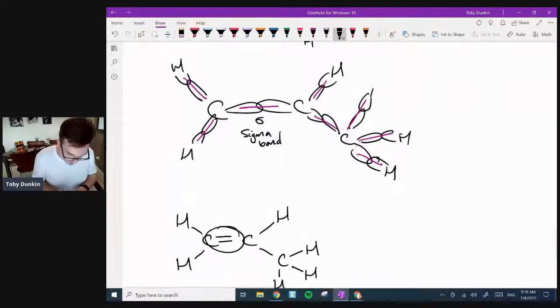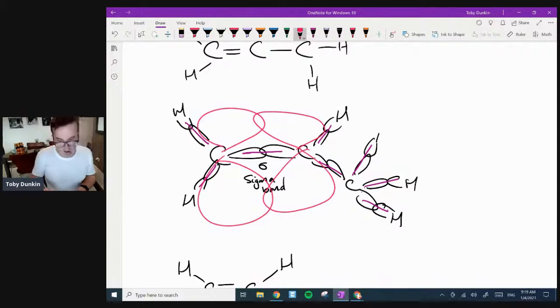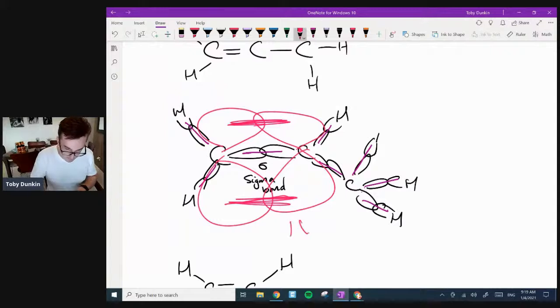Now we need to represent what's going on here. Where's the second bond? The second bond is a pi overlap. So we have a split off p orbital. I'm going to make that a bit bigger. We've got a split off p orbital here, the py. And the py's go up and down and they overlap here and here. This is called a pi bond, the overlap of two p orbitals, and it's sideways. You can actually write that. So this is a pi bond, which is the side overlap of two p orbitals, in this case, the py.